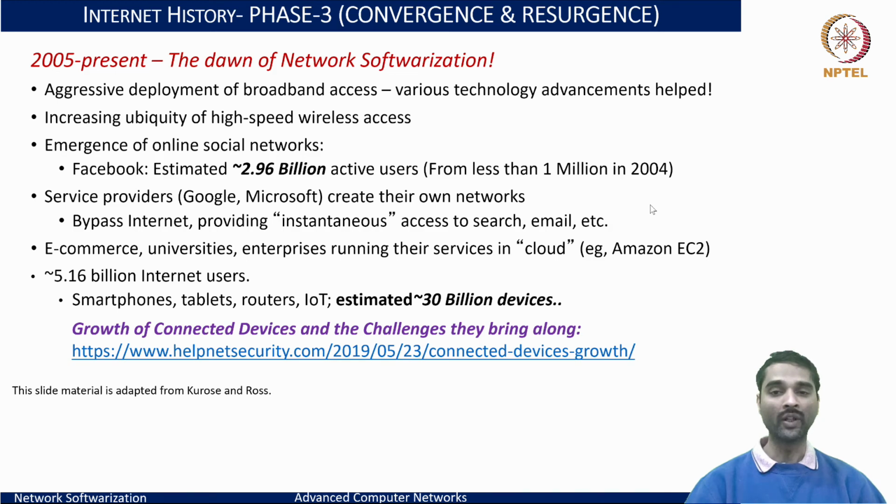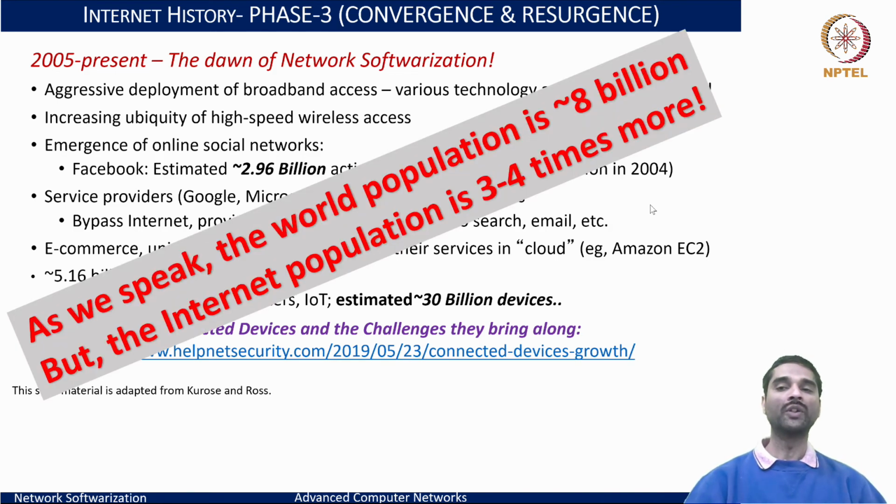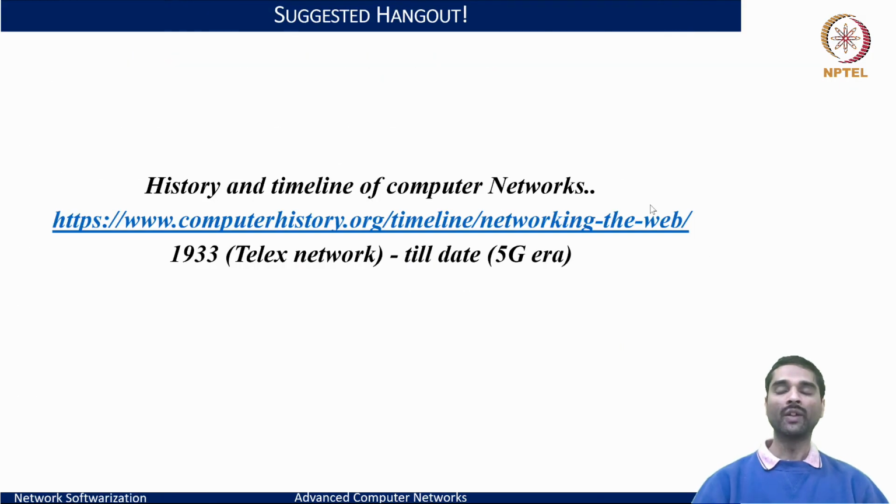And as I speak today, we have a world population of roughly 8 billion, but the internet population, and by internet population, I mean the users, the devices that are connected to the network, including the infrastructure of the internet, including the switches, the routers, and the middle boxes, is roughly 30 billion, so 3 to 4 times more than the world population. Right? So definitely this internet growth, which has spanned over more than 60 plus years, has had its positives and